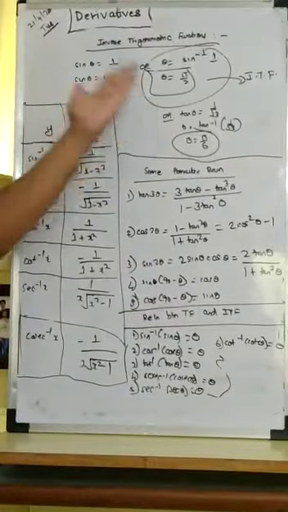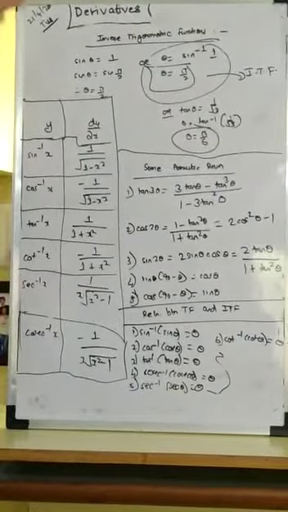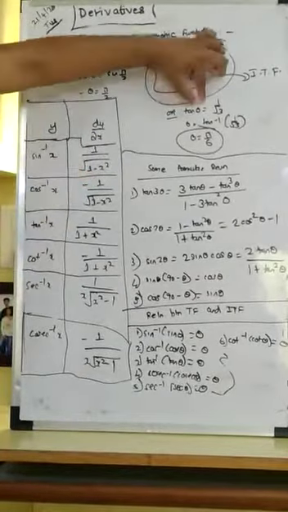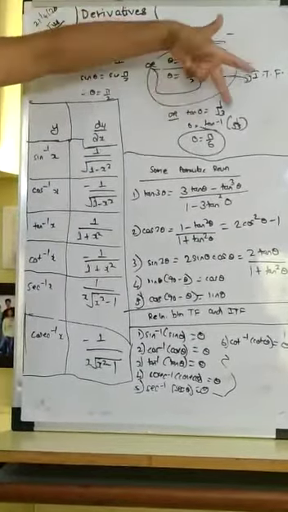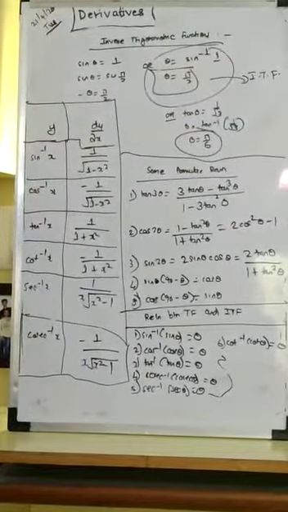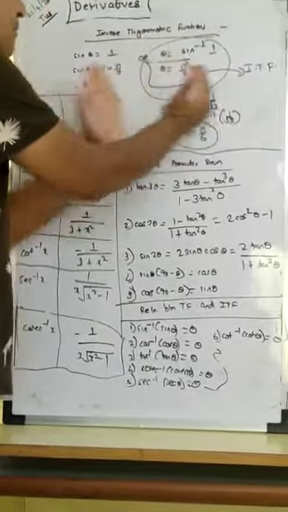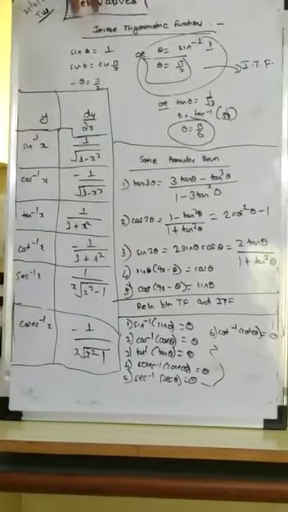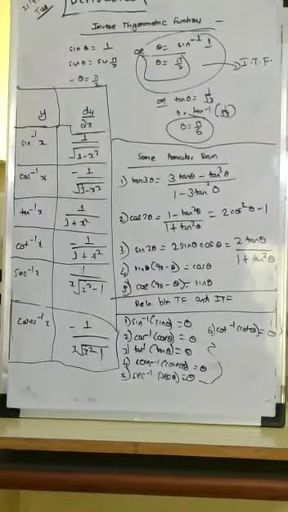For that matter, if my tan theta is equal to 1 by root 3, what will I conventionally do? I will say tan theta is equal to tan pi by 6, theta is equal to pi by 6. Now, I do theta is equal to tan inverse. I take the inverse, the tangent inverse ratio goes to the other side of 1 by root 3 and my theta is equal to pi by 6. So any normal trigonometric equation can be considered to be an inverse trigonometric equation. If the trigonometric ratio is on the left hand side, the inverse ratio is always on the right hand side.